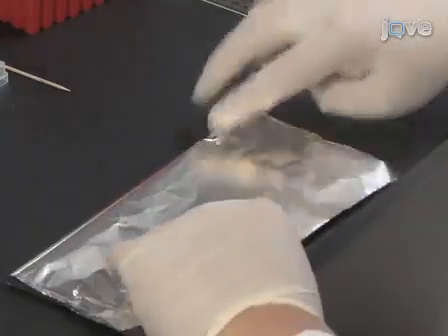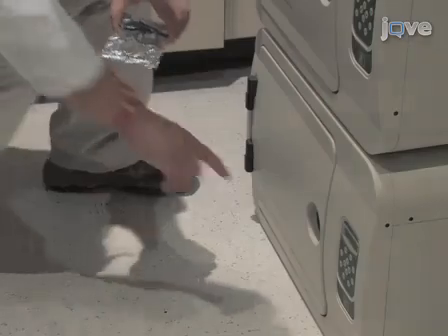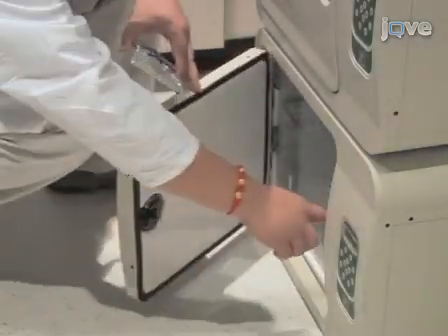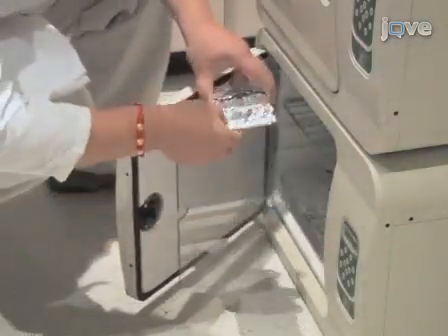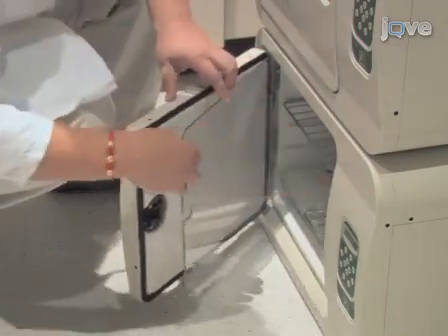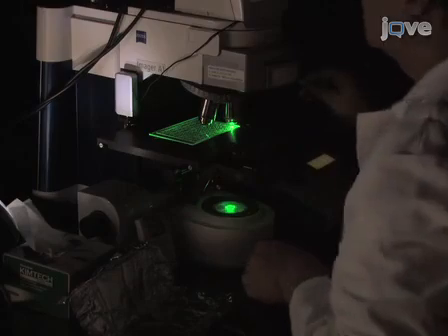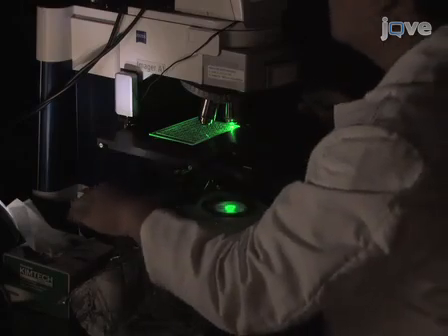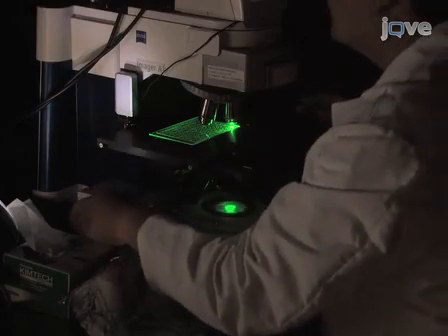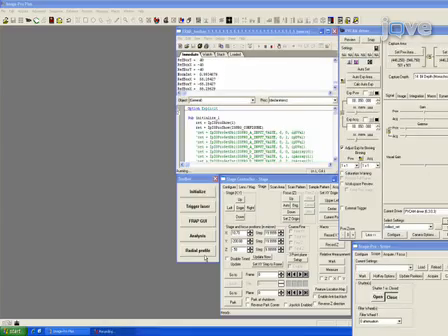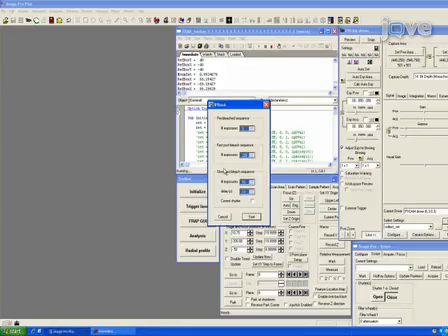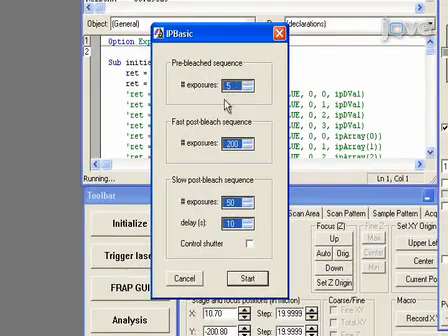Once filled, cover the plate with foil. Incubate the plates at 20 degrees Celsius for at least 12 hours to achieve an equilibrium state. Place one of the plates on the LCP FRAP station and focus on the first well using a 10 times objective. The FRAP data acquisition is performed automatically using an ImagePro script, in which the user inputs all acquisition parameters